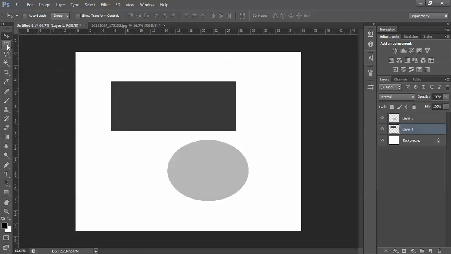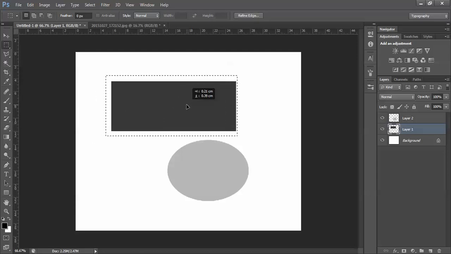Next, we have the marquee tool. It selects objects. You can see a small arrow in the corner. This states that there are more options of this tool available. Right-click on it. We have a rectangle marquee tool, elliptical marquee tool, single row marquee tool, and single column marquee